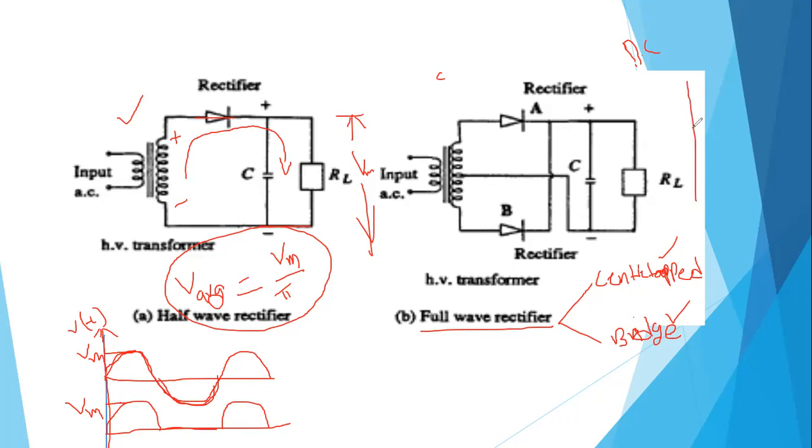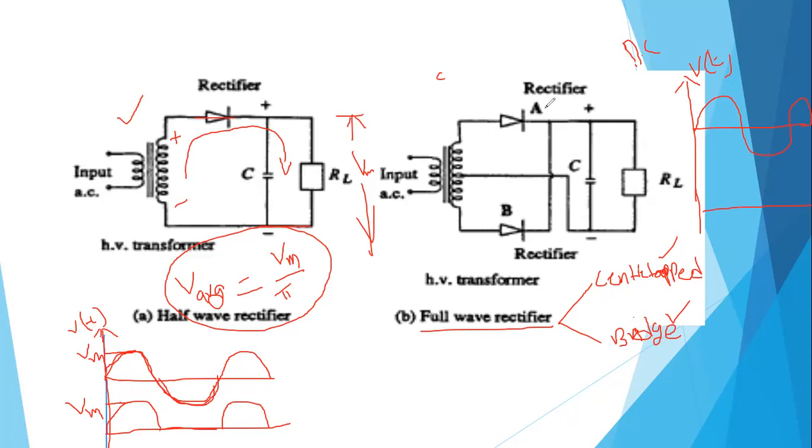Let us say the circuit is like this. The input voltage is like this. Let's say this is V of t. So what is the output? In this we have two diodes, A and B, with a center tap. So this type of full wave rectifier, as I told you, has the center tapped and the bridge rectifier types, right? During the positive half cycle,